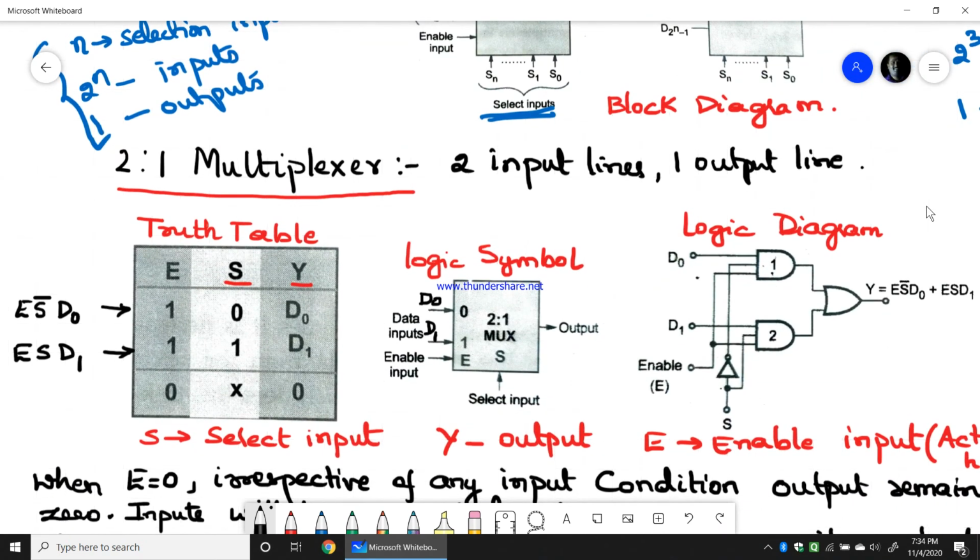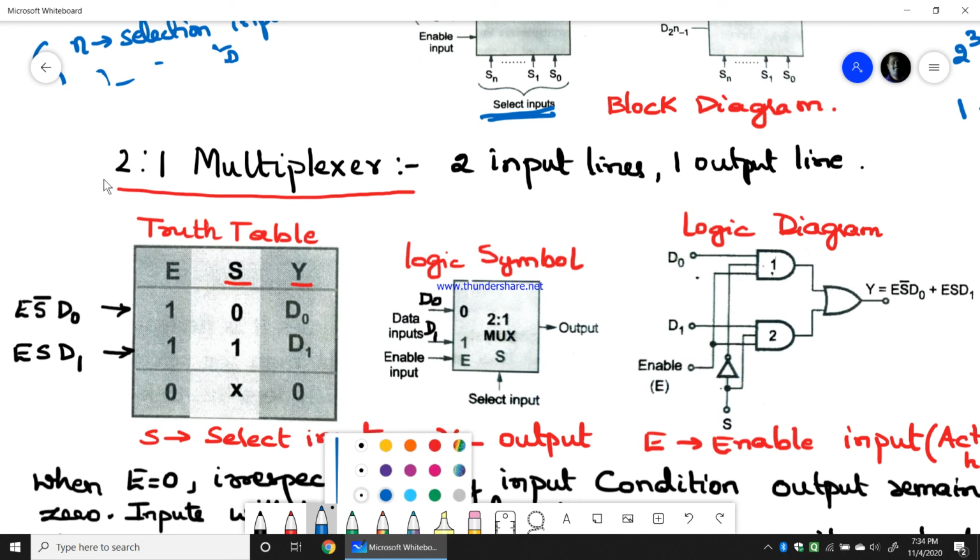Coming to the 2:1 multiplexer. How many inputs will it have? 2:1 will be having 2 inputs and 1 output. So a 2:1 multiplexer will always have 2 inputs and 1 output.